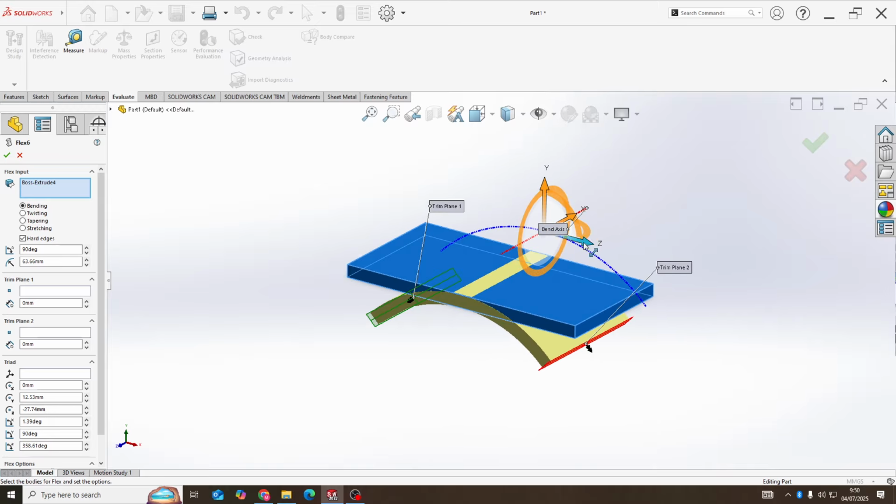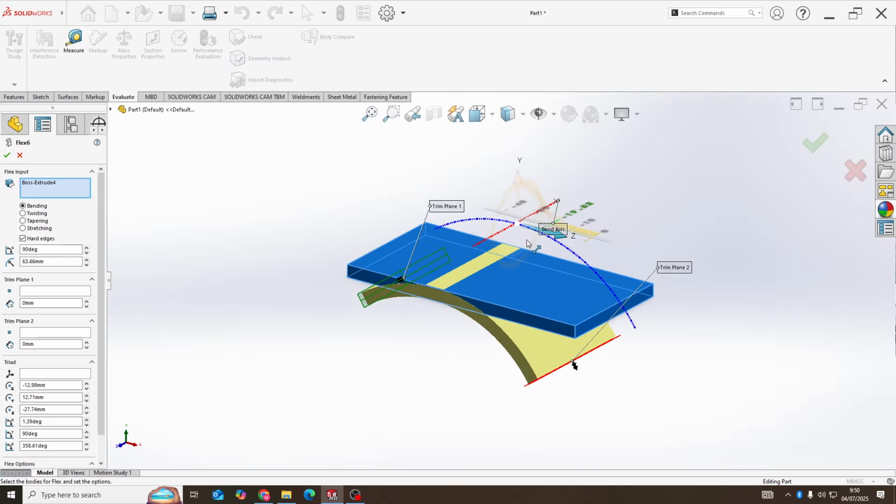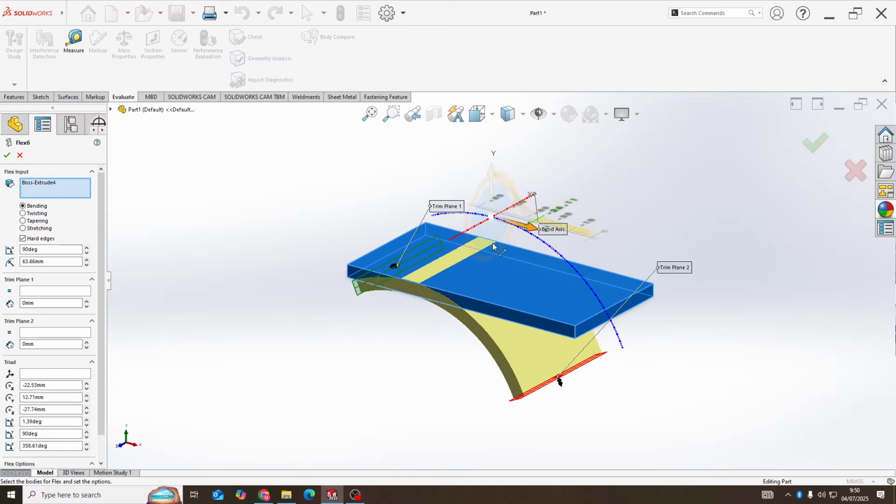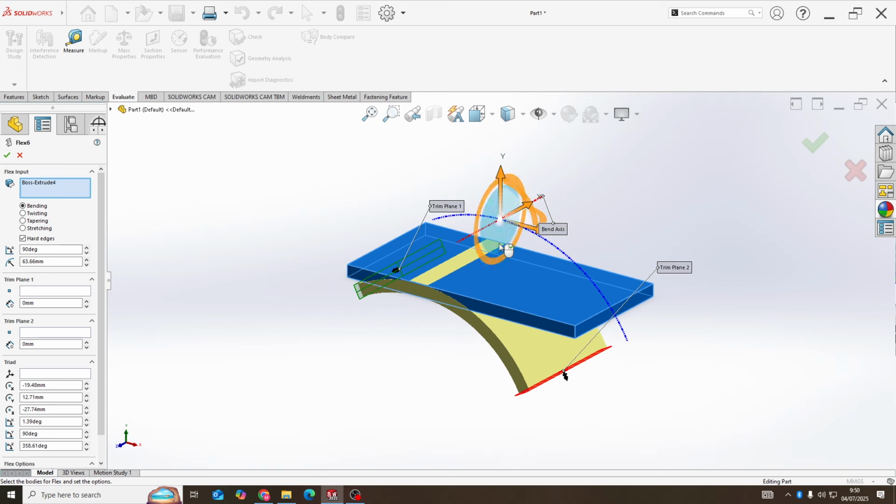And the last is the Z-axis, rarely used for flat plates, but useful for spiral shapes on tubes. Engineering tip: the wrong axis can completely distort your part geometry. Always confirm your model orientation before applying flex.